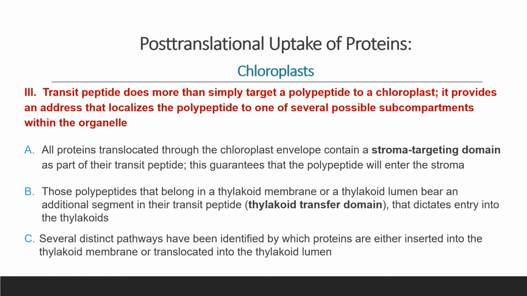Those polypeptides that belong in a thylakoid membrane or thylakoid lumen bear an additional segment in their transit peptide called the thylakoid transfer domain that indicates entry into the thylakoids. Several distinct pathways have been identified by which proteins are either inserted into the thylakoid membrane or translocated into